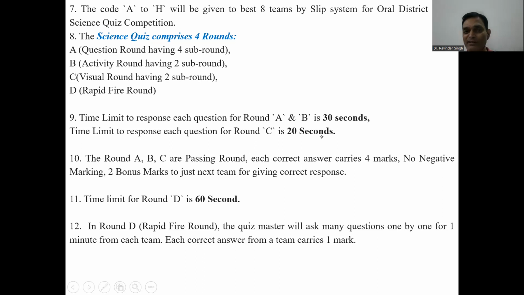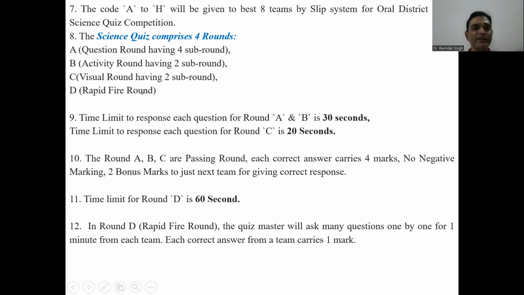और जो सी राउंड था उसके लिए 20 सेकंड्स का टाइम था। और जो ए बी सी जो 3 राउंड्स थे, इसमें हर करेक्ट क्वेश्चन का आंसर अगर ठीक है तो 4 मार्क्स मिलेंगे और देयर विल बी नो नेगेटिव मार्किंग एंड द 2 बोनस मार्क्स विल बी गिवन जस्ट टू द नेक्स्ट टीम फॉर गिविंग द करेक्ट रेस्पॉन्स।